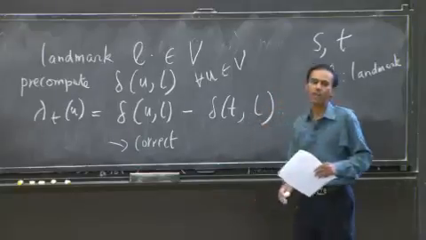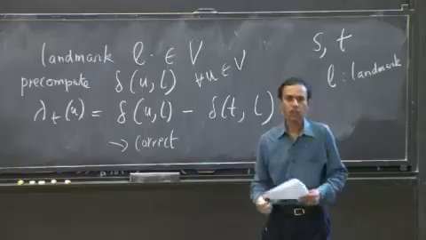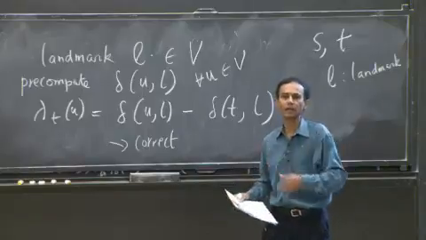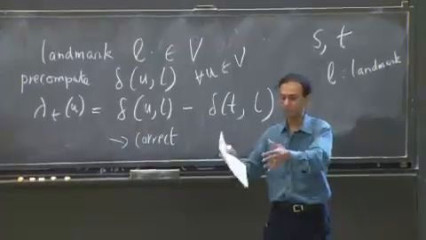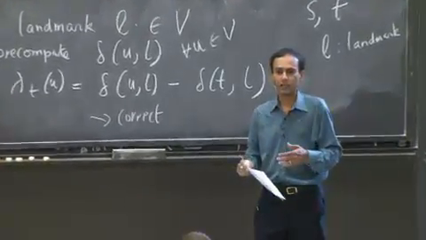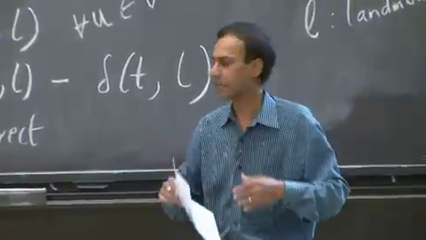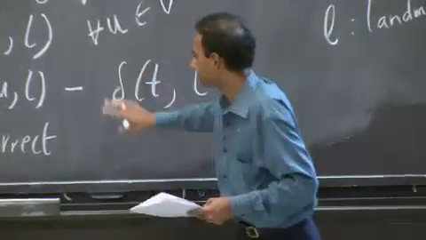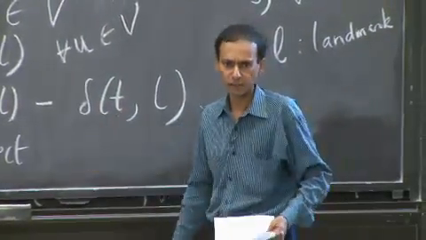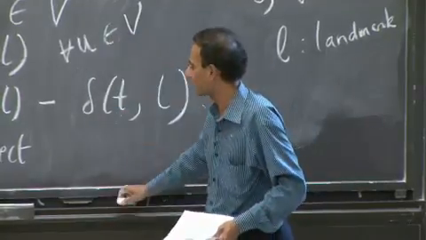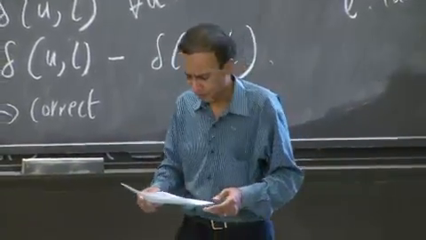With the correct choice of landmark, Dijkstra empirically will run faster. So if you know for sure that you need to go through Middle America to get from Caltech to Boston, and in particular, there's one particular landmark you want to go through, Texas or something, and you pick Austin, Texas, then you could do this computation, and maybe Dijkstra runs 2x faster, 20% faster. All right? I'll put the argument about correctness and the specifics of these things in the notes, and you can take a look at it offline.